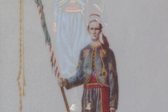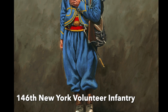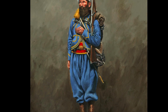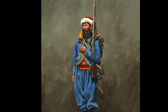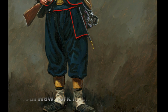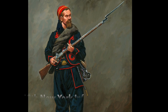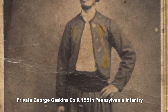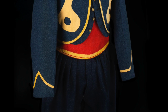Zouave uniform. Another regiment in the brigade, the 146th New York Volunteer Infantry, had already been issued their Zouave uniform in June of 1863. The 146th New York wore a light blue uniform with red and yellow trim. The 140th New York wore a predominantly dark blue uniform with red trim. The 155th Pennsylvania uniform was a French blue, not dark blue, but with a yellow trim that featured a large